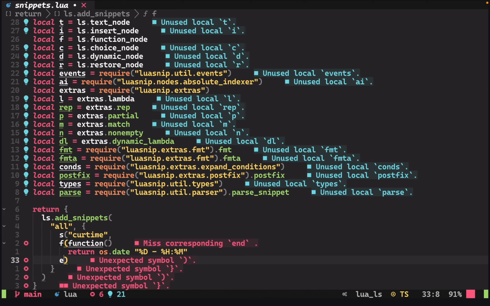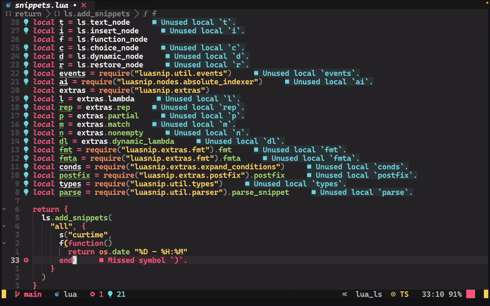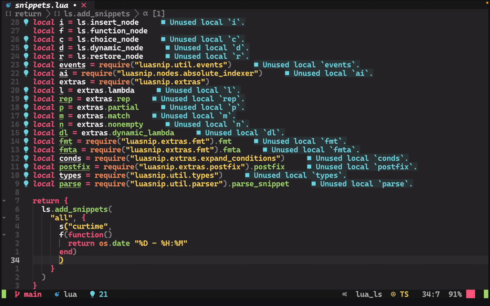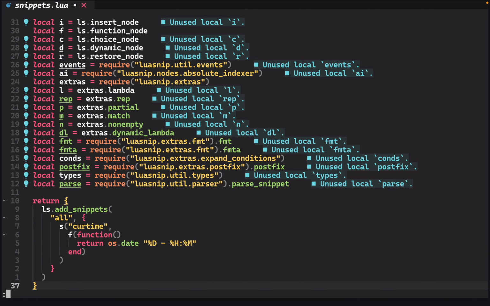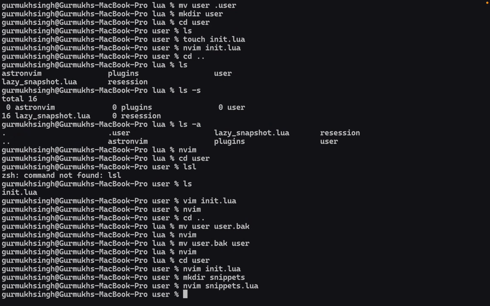So end. Okay, let's just check the indentation. Okay, it is off somewhere, definitely. S goes here, so this ends here. Should it? Yes, it should. This function ends here, this function ends right here. Okay, this should work now. So once we actually save this file, and then